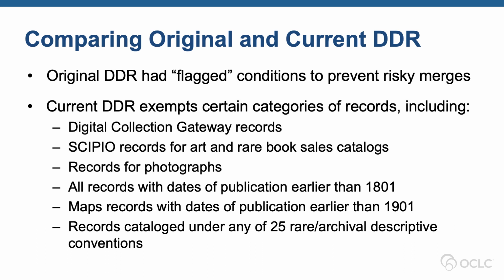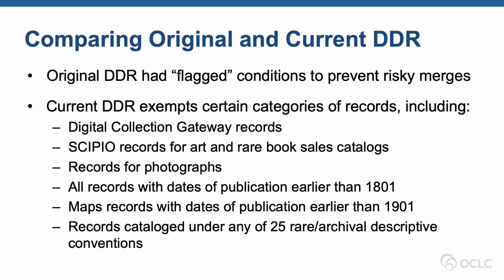The current DDR doesn't have flags per se, but there are several categories of bibliographic records that are exempted from DDR processing, and these include digital collection gateway records, which are identified by certain codes in field 029, subfield T, Scipio records for art and rare book sales catalogs, identified by the code Scipio in the 042 field, records for photographs, identified by either of two material types, PHT for photograph and PIC for picture,